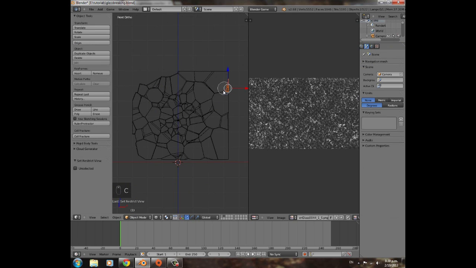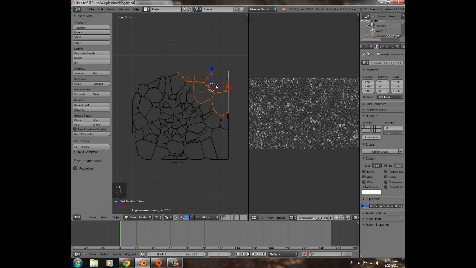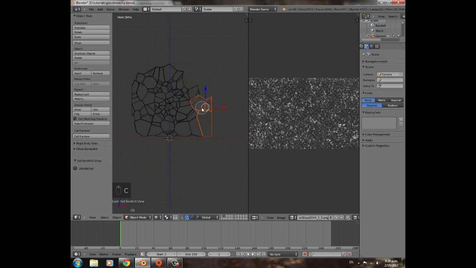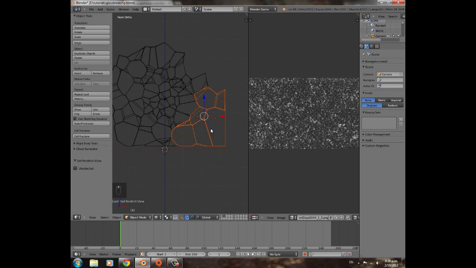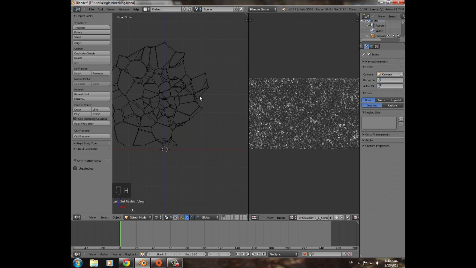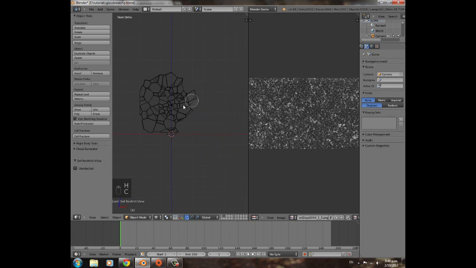Then you can select a big chunk like that, and then select middle one, press Ctrl J and call it chunk 1, and then press H to hide it, and then do the same thing again. And we're going to have to do this till that whole piece of glass is gone, so it sort of gets repetitive from now on, but Ctrl J and call it chunk 2, and press H,